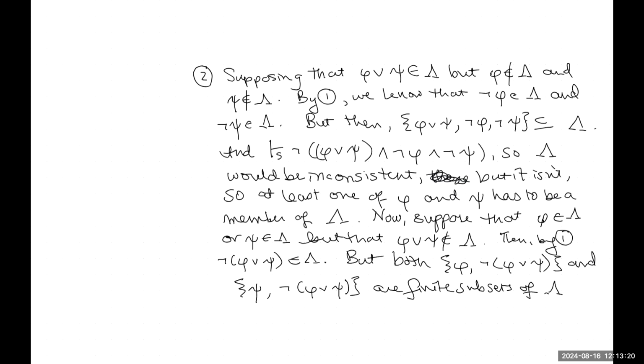which are inconsistent. I will leave you to work out the exact details, but you should be able to see how this works. It's the same sort of argument. You can prove in a system based on classical propositional logic that you can't have the conjunction of psi and not (phi or psi), or phi and not (phi or psi). Therefore, if these are in lambda, then it is inconsistent. So this means that if at least one of the disjuncts is in, the entire disjunction also has to be in. Now, number 3,